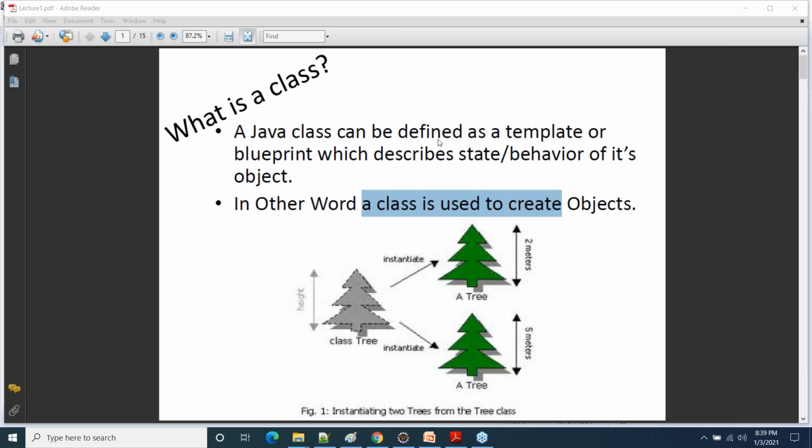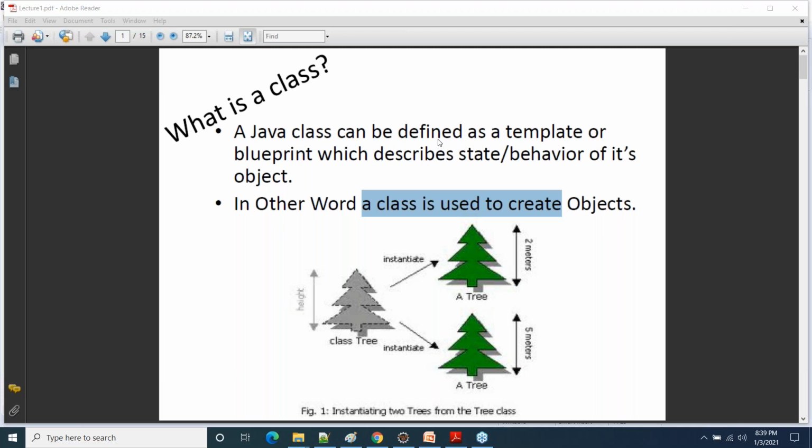Tell me those classifications. Then you will tell him, okay, this should be the height, this should be the length, this should be the width, this should be the color, this should be the design, this should be the wooden quality that you should use to create the chair. So when you are telling all these things to the carpenter, what exactly are you doing here? In this example, what actually are we doing?